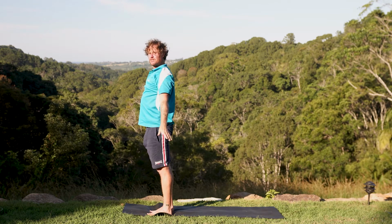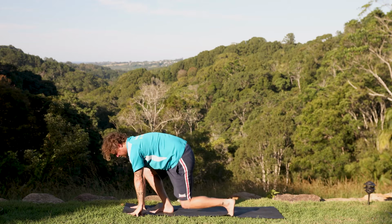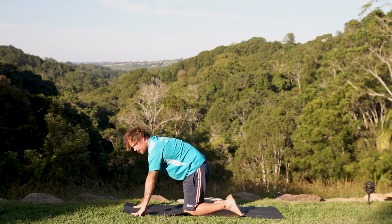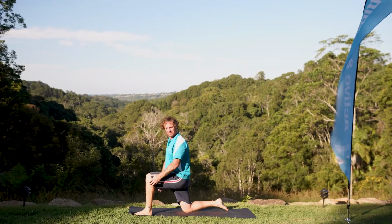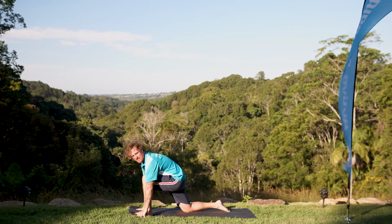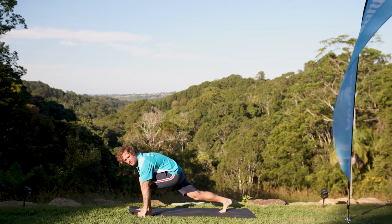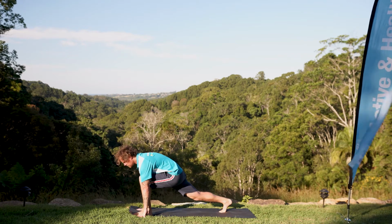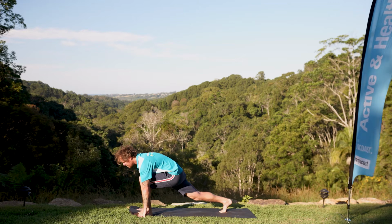Now we're very simply going to fold forward this time and just bring both knees back down to the ground. We're going to bring our left foot forward, keeping your left knee in line with your ankle. Take the hands to the floor and just relax here. Let's raise the right knee off the floor with the toe into the ground and stay here for a low lunge for 5, 4, 3,